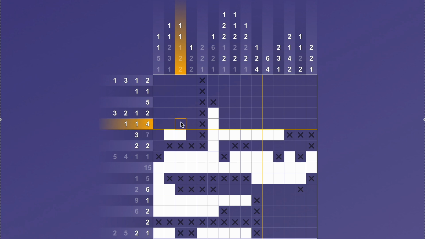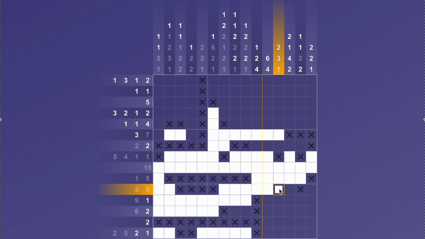And in both of these columns, these are 1s. And this row starts with a 2, so I can put an X right here. And this is 1, 2. In this column, that's a 2, so I'll put an X. And down here, this is a 2. So 1, 2. This row, this is the start of a 6. So 1, 2, 3, 4, 5, 6. And then X's. Over here, I'll have a 1,